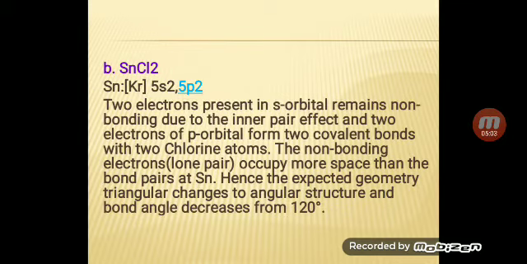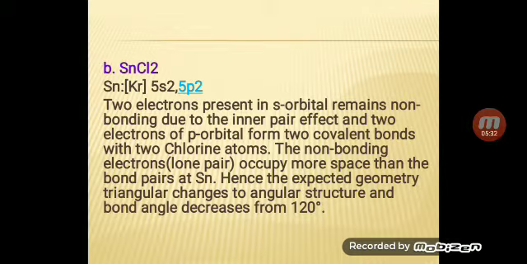Two electrons present in s orbitals remain non-bonding due to the inner pair effect, and two electrons of p orbitals form two covalent bonds with two chlorine atoms. The non-bonding electrons behave as a lone pair and occupy more space than the bond pairs. Hence, the expected triangular planar geometry changes to an angular structure, and the bond angle also decreases from 120 degrees to approximately